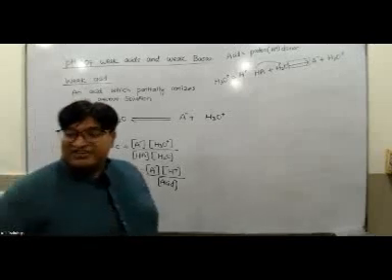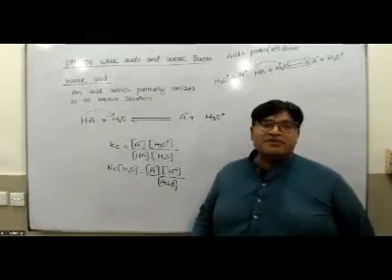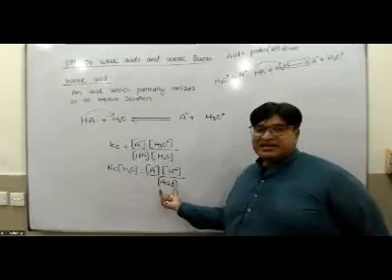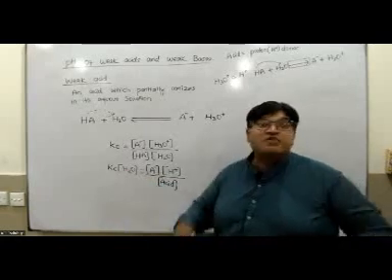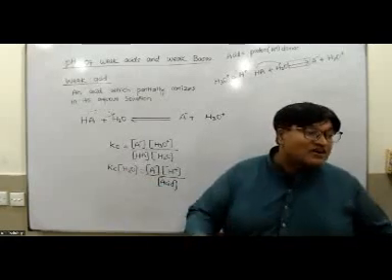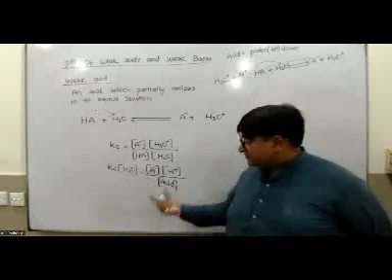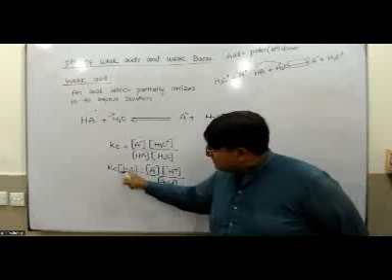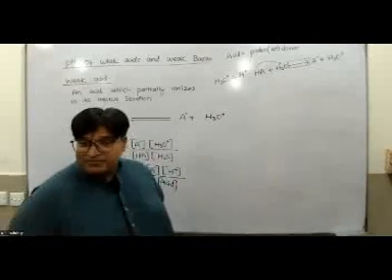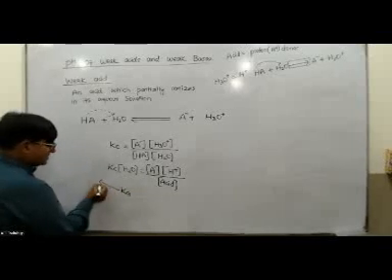Now, in the first lecture, I told you, if the Kc and water are multiplied and nothing is written in the reciprocal, these two things multiply to become Kw, which is called the ionic product of water. We did it yesterday. But if in the reciprocal the acid is present, then Kc and water multiply to become Ka. This Ka is called the